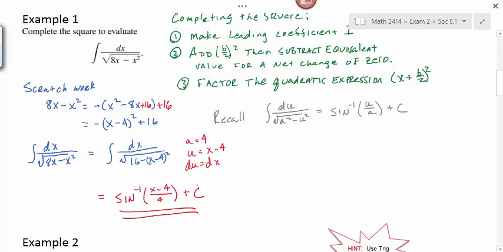Don't forget the plus C on your indefinite integrals. The second exam covers just different integration techniques. So we'll be integrating. Anytime you have an indefinite integral, an integral without the bounds, you have to put plus C. Several of you lost points for that on your first test, even after I told you I was going